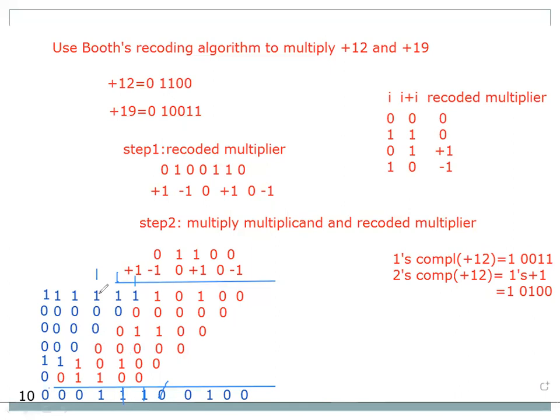Then you are adding 1 plus 1 plus 0 plus 0 plus 0 plus 0 plus 1. You are having 3 in decimal. The equivalent binary value is nothing but 11. Therefore, you are writing 1 in the result part, 1 in the carry part. So 1 plus 1 plus 0 plus 0 plus 0 plus 1 plus 1. It is nothing but 4 in decimal. So what is the equivalent binary value?